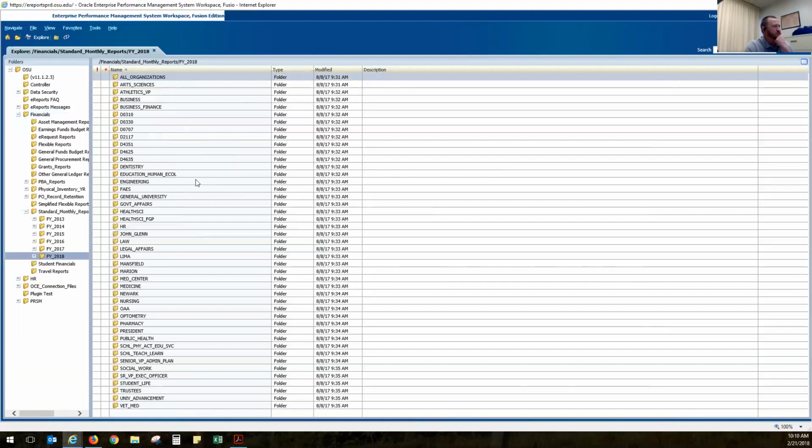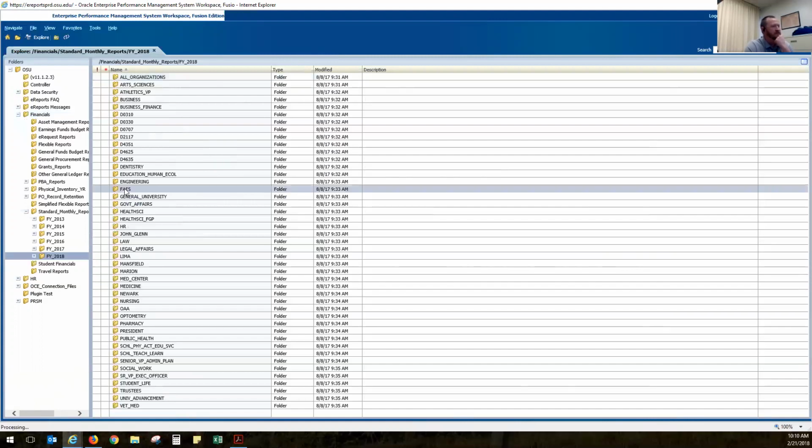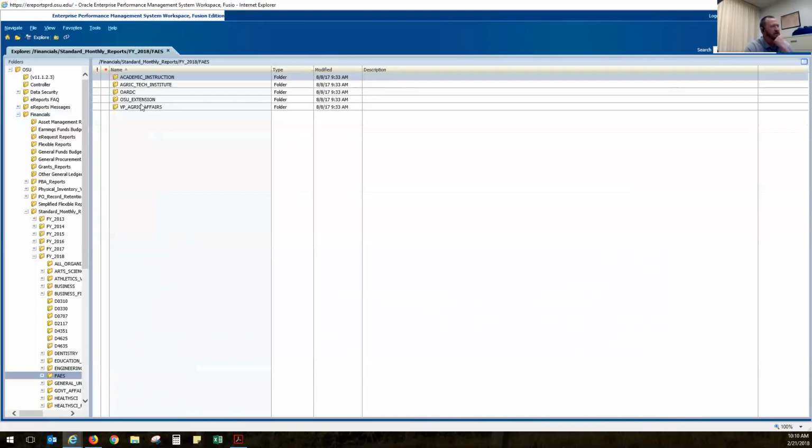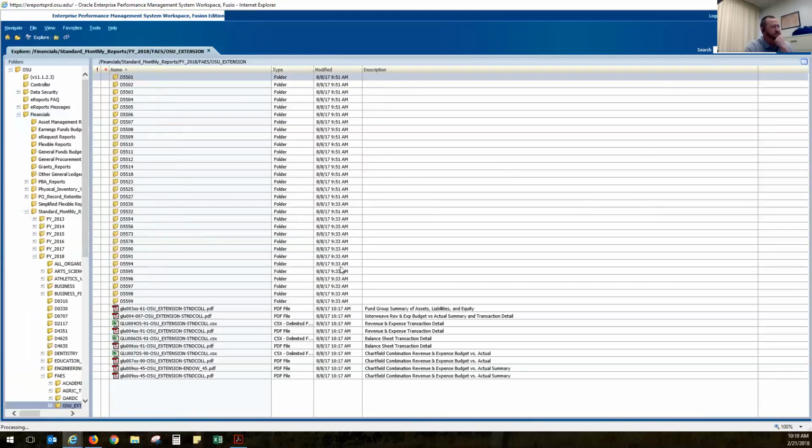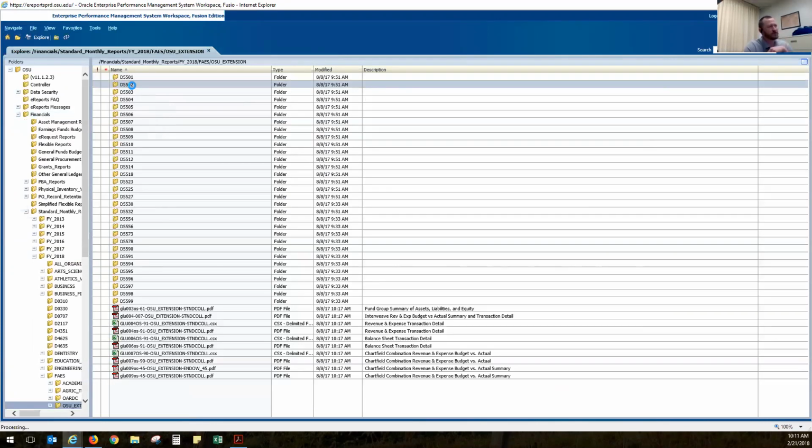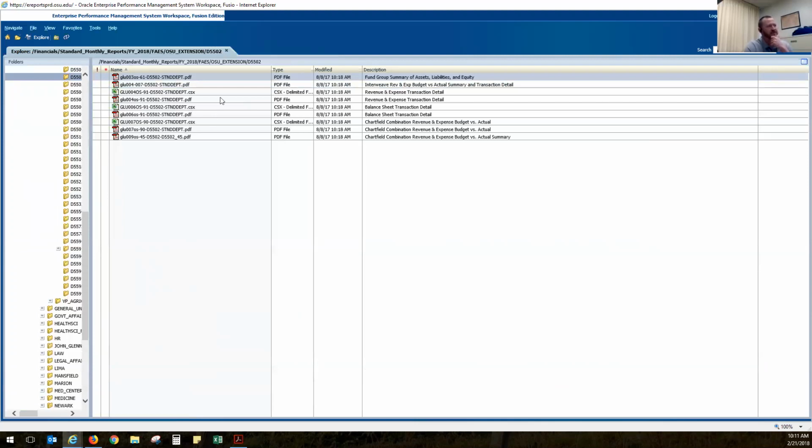Then you'll go to our colleges folder, FAES, and then OSU Extension. And then you'll notice in here that all the folders are 5.5 folders. You don't see any 5.7s for the county orgs. All of the county orgs roll up into a D node called 5502. So you want to click on the 5502 folder, and then it gives you your list of your standard monthly